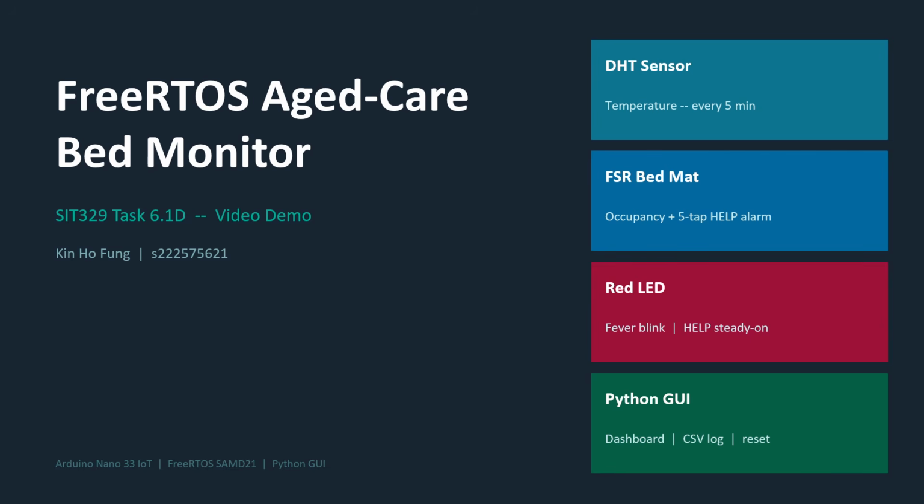In this task, I've built an aged care bed monitoring system on the Arduino Nano 33 IoT using FreeRTOS. The system has four hardware components: a DHT22 temperature sensor for the patient's body temperature, an FSR pressure mat to detect whether the bed is occupied, a red LED for local visual alarms at the bedside, and a Python nurse dashboard connected over USB. Rather than using a single blocking loop, the program is structured as 5 separate FreeRTOS tasks, each